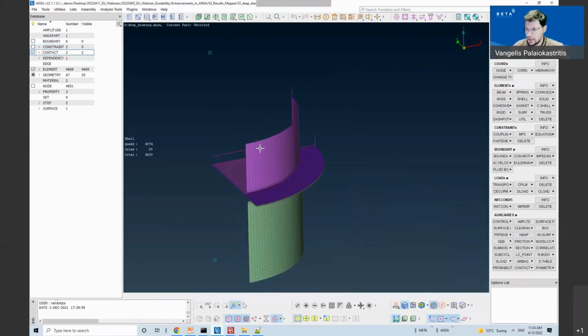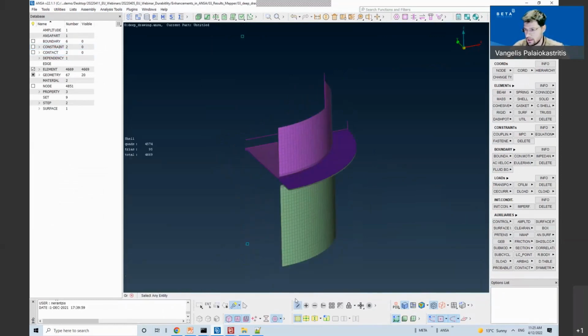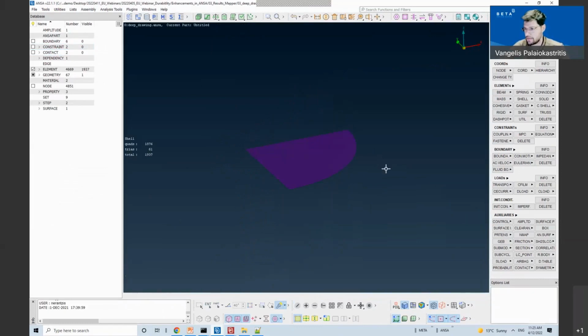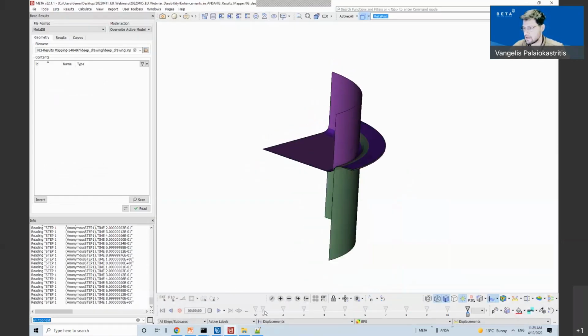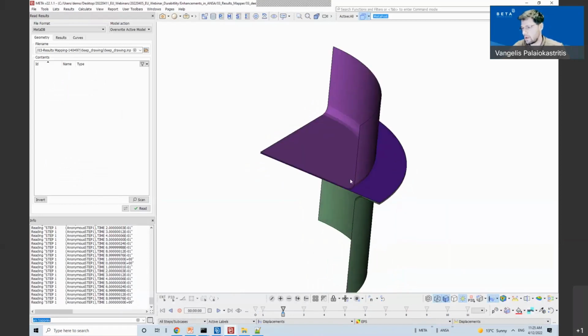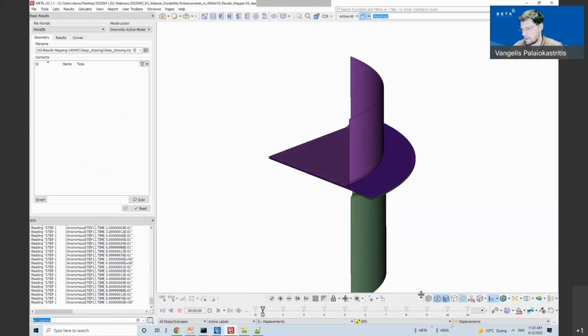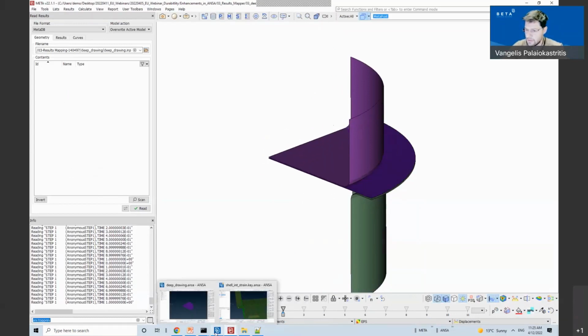So I have this model. And I also have a deep drawing analysis that is performed on this part. So from this analysis, I will map the equivalent plastic strain and the stresses through the results mapping plugin.